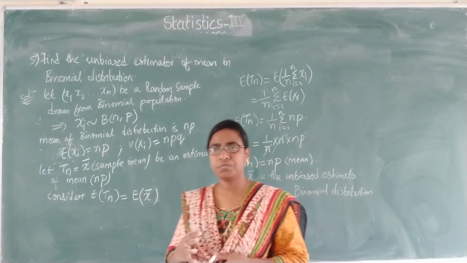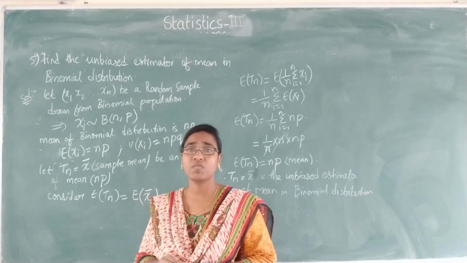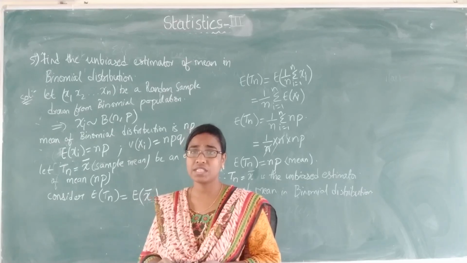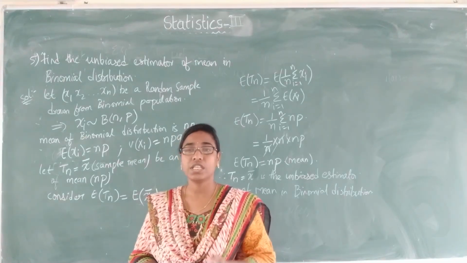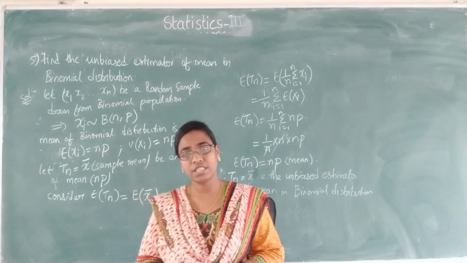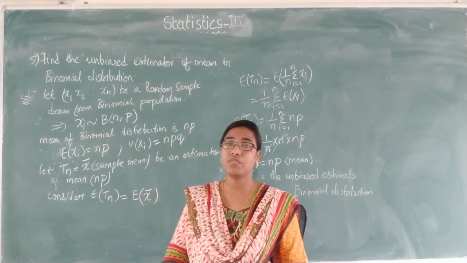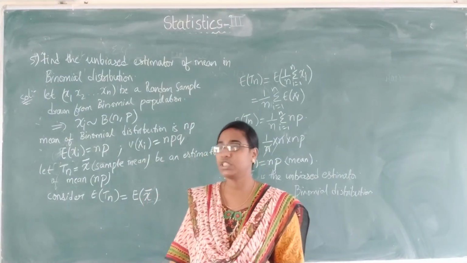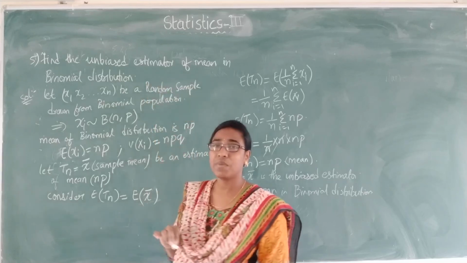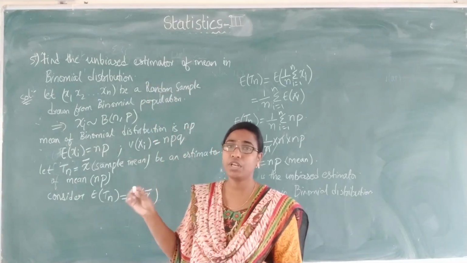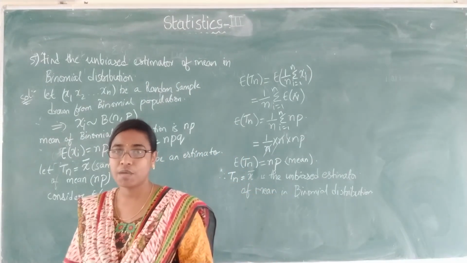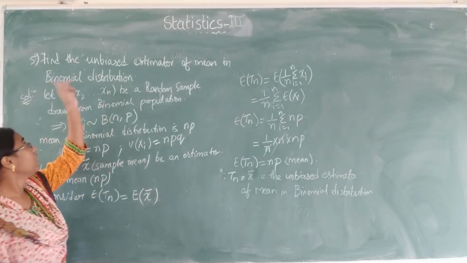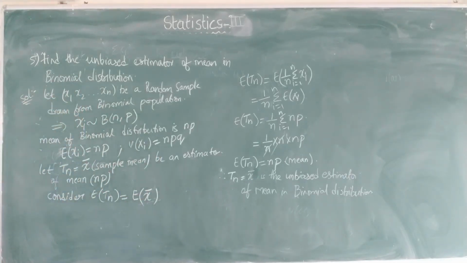So overall, in the first result only we have that sample mean is unbiased estimator for population mean. So it is applicable for all populations. It may be any population, discrete or continuous, always the sample mean will be the unbiased estimator for population mean. So if they ask to find out the unbiased estimator for any population mean, you have to consider first the sample mean value and find the expectation of that sample value, which will be equal to the population mean. So we'll continue with the next problems in our next class.